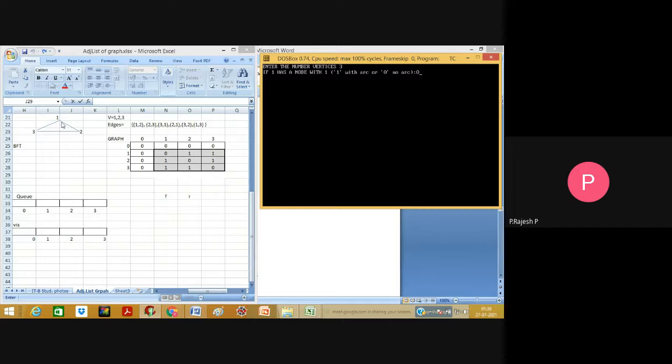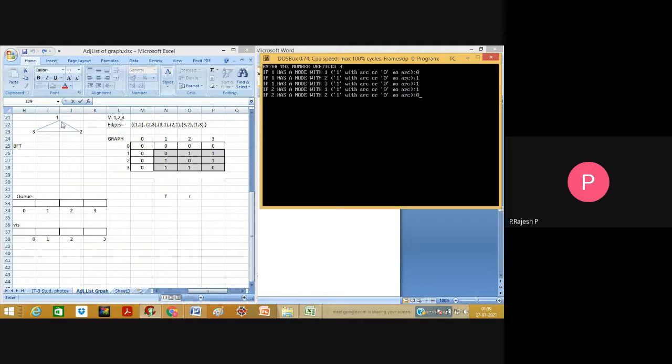Within the brackets it was clearly specified: if the arc is there, we specify 1, or 0 for no arc. So there is no arc for 1 to 1, and for 1 to 2, yes we have, and for 1 to 3, yes we have.